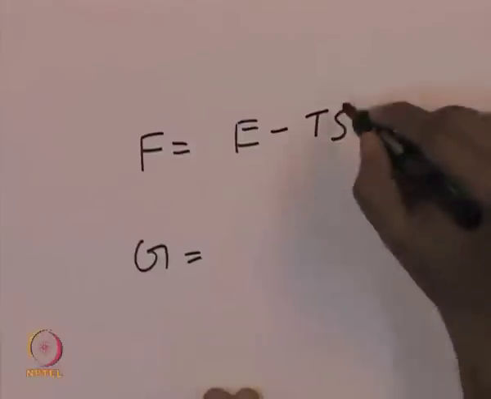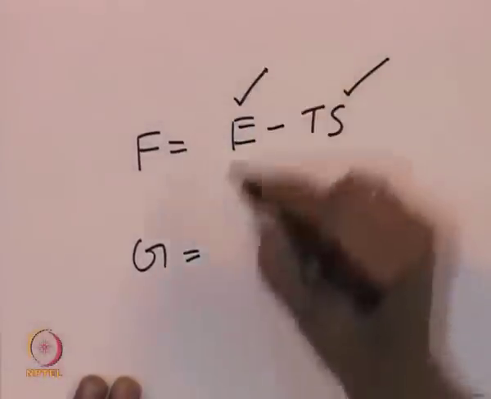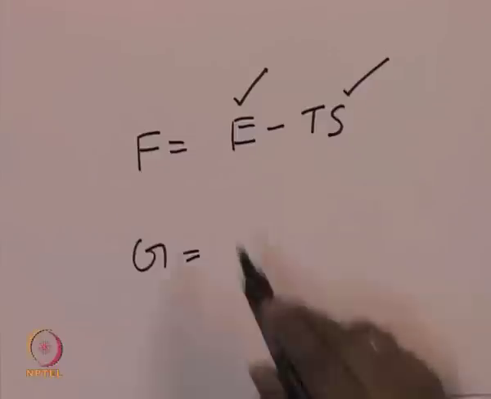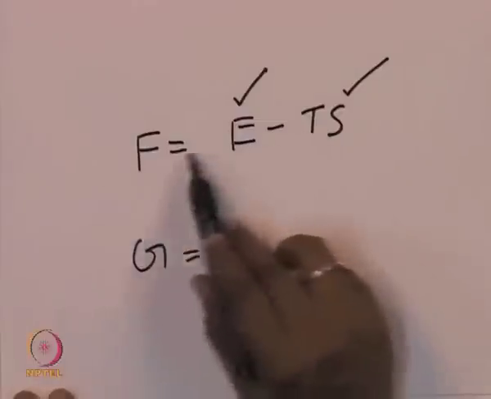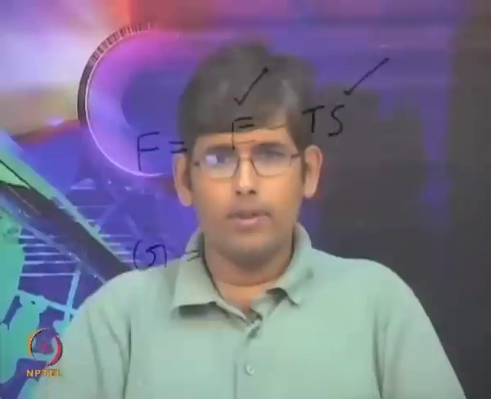So, if we know how to calculate entropy, and we know how to calculate energy, which is either half kr square or q1 q2 by r, or some value, and we know T, then we know how to calculate free energy. If you calculate free energy, why is it useful? It turns out that in thermodynamics, if you have a system,